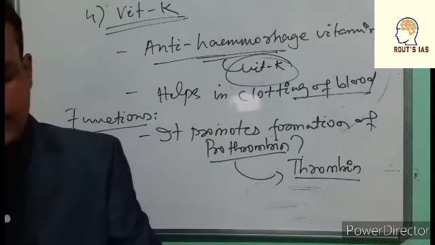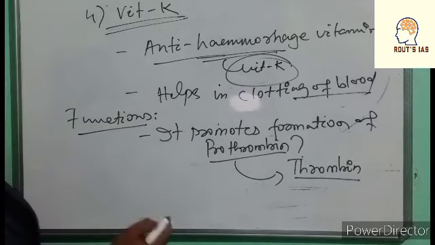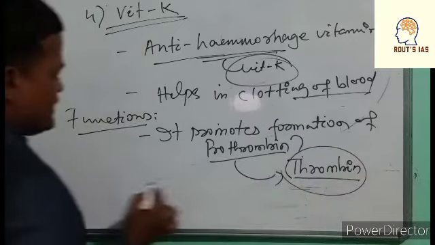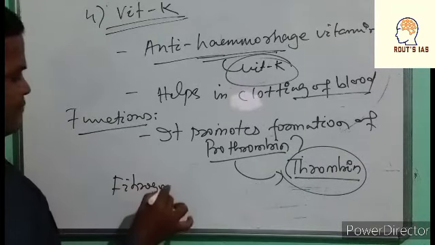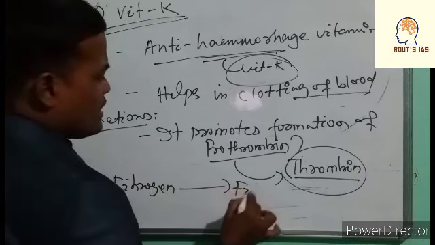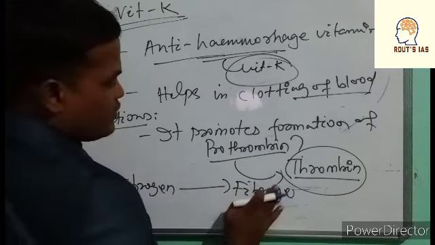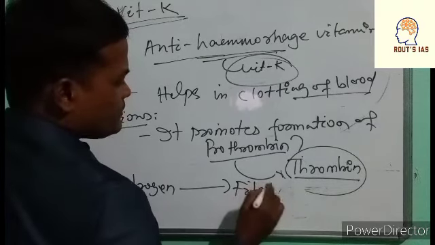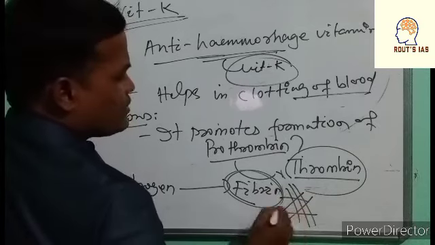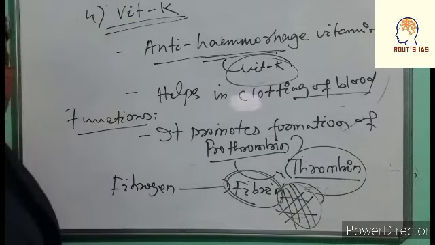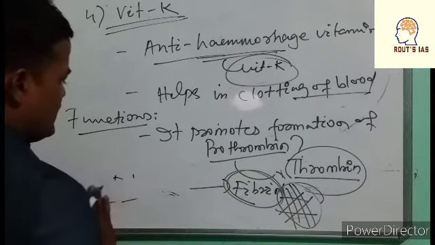So that is a very essential vitamin. That means the thrombin that is produced acts on fibrinogen, and fibrin is produced, what we call fibrin. That means these are the clotting factors. It forms the network which clots the blood, and this fibrinogen